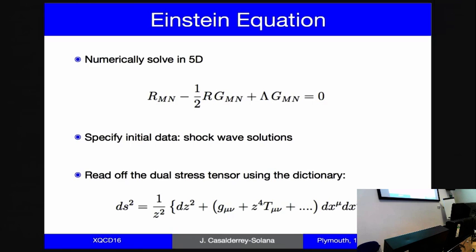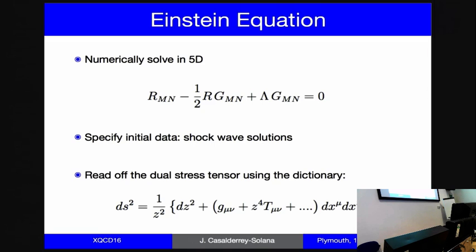The only equation that one needs to solve is the Einstein equation, which is a nonlinear partial differential equation, and which you can manage to solve numerically in a computer, with some specific initial data, that is just basically the fact that I have 2 shock waves colliding against one another. One can completely determine the metric associated to this collision of space, and then one uses the dictionary that I described before